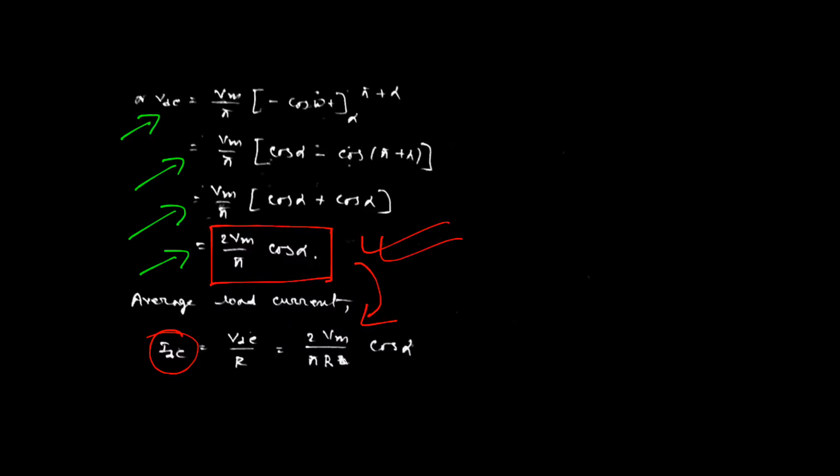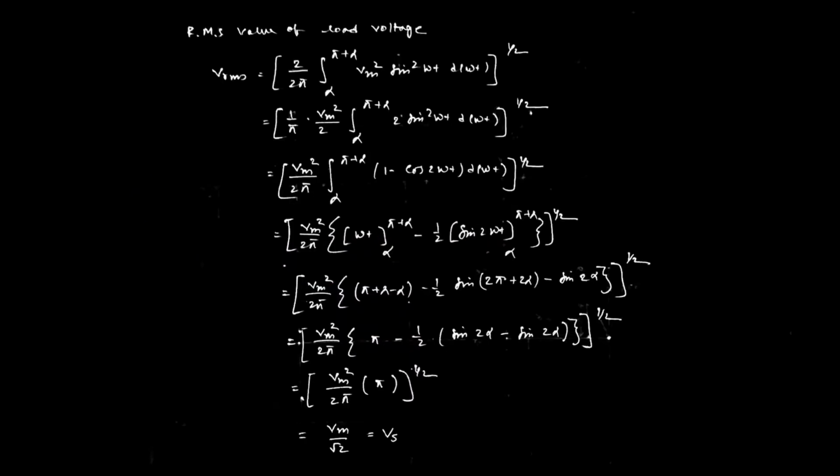Now we should calculate the RMS value also. So we know RMS means root mean square. That means the RMS value of output voltage or load voltage, termed by VRMS, should be equal to 2 by 2 pi. Just the equation can be formed similar to the average output voltage: number of peaks by total cycle, integration of the confined region, instantaneous voltage expression d omega t. As it is an RMS value calculation, we have taken the root mean square.